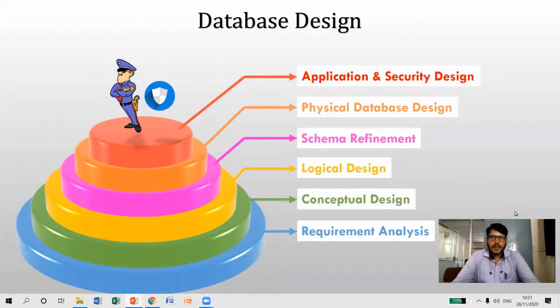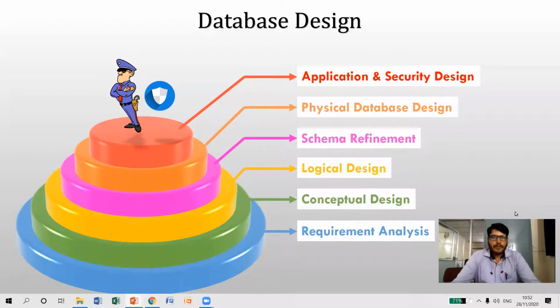Hope you have understood the steps involved in database design. I repeat once again. First, we are going to collect requirements from the client. After collecting requirements, we are going to analyze those requirements. We are just cross-verifying whether these requirements can be fulfilled by us or not. And after that, we are going to form a conceptual design. The best example for conceptual design is the ER model. But in the ER model, we cannot find a tabular structure for our database.